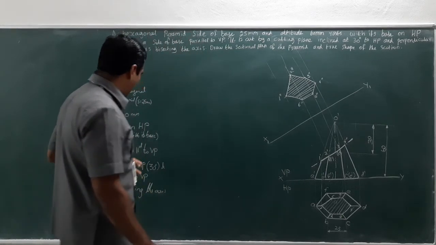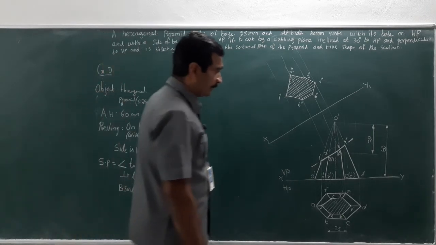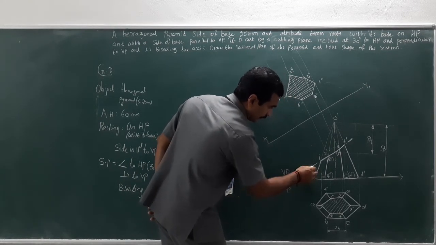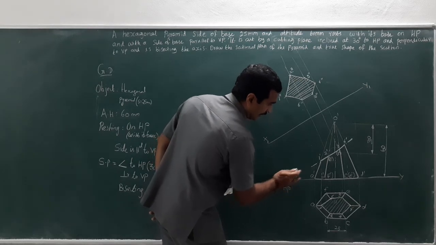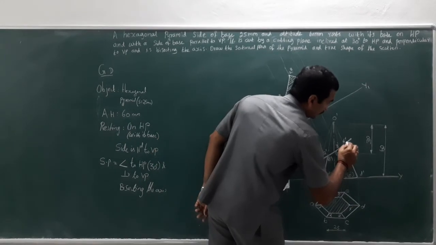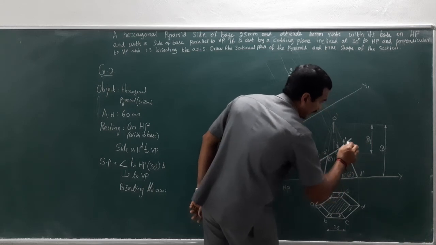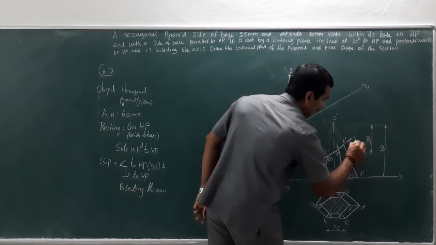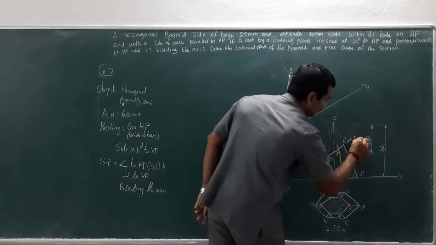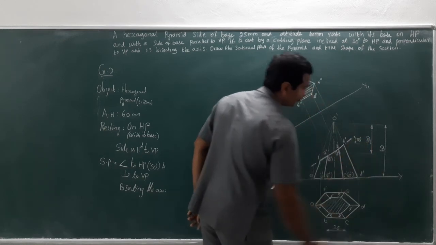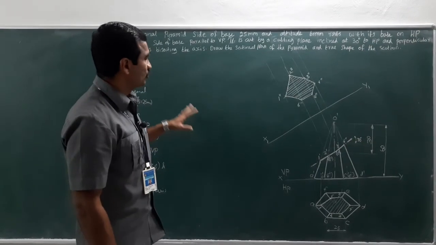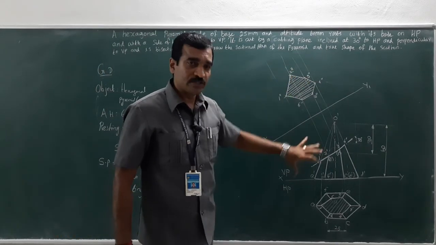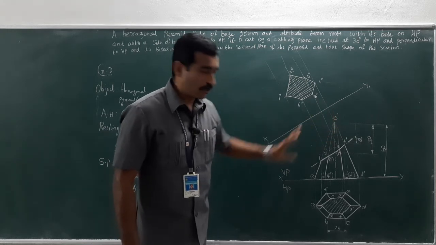Next, the cutting plane angle, which is 30 degrees. Either you can mention it here by extending till it intersects the reference line and mention 30 degrees, or else you just extend this line and draw a horizontal line parallel to the reference line and mention this as 30 degrees. This is 30 degrees. If anything is missed out, carefully read the question and check whether all the dimensions are reflected in the respective drawing or not.